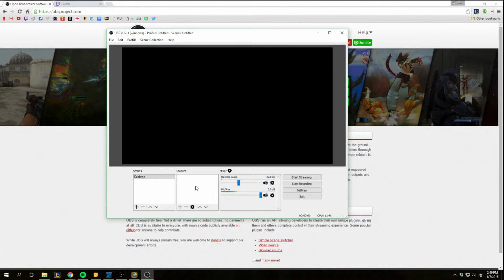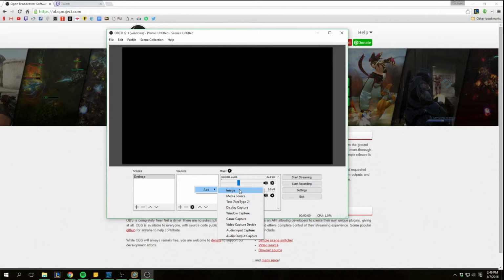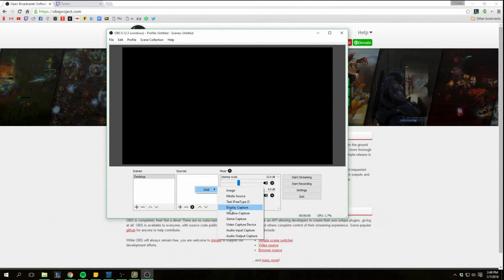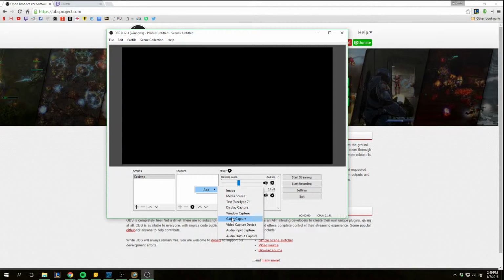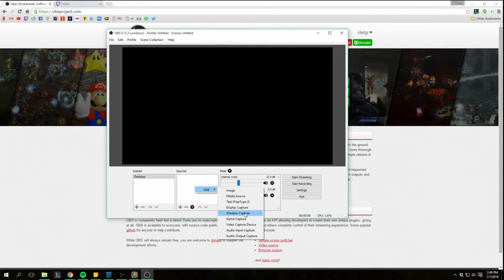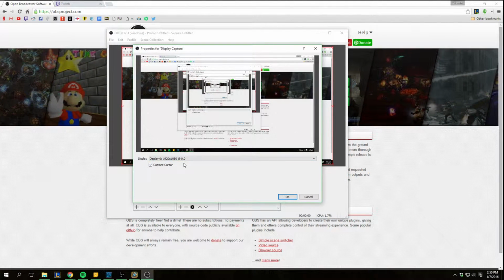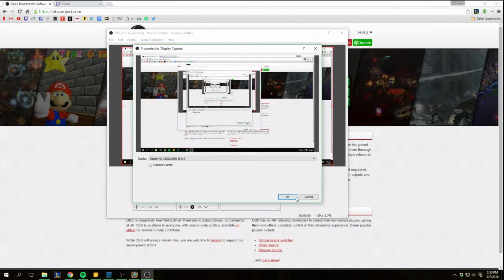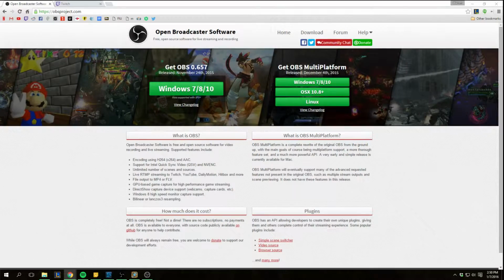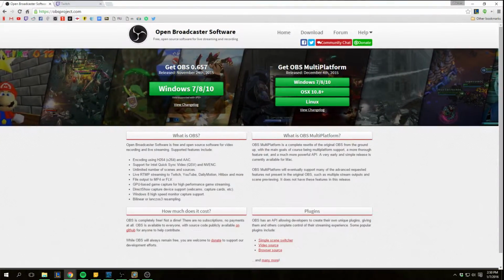So I'm just going to right click on the sources and click add, and the different sources you have, there are plenty of them, but the main ones that I use are these three: display, window, and game. If you do display, it'll automatically recognize the monitors you have going on here. Click the first monitor, and now move this out of the way, recording anything that's on my first monitor here. So I have a bunch of stuff in the background, and